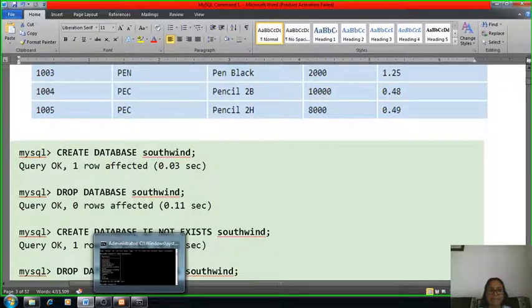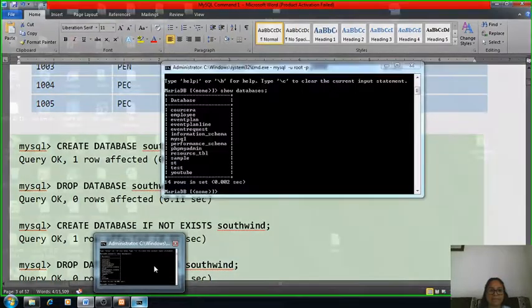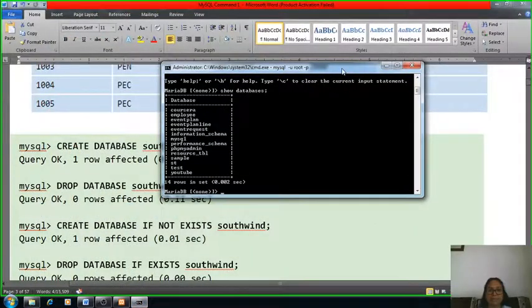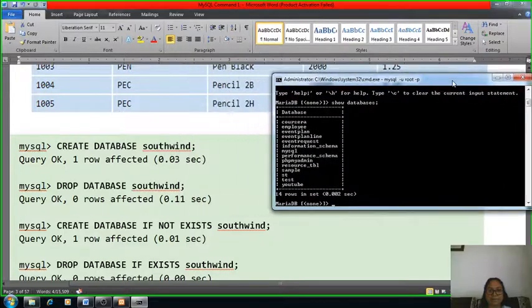Now for creating any database, you have to write the command, that is the create database command, where create is the command, database is the keyword, and then the name of your database.